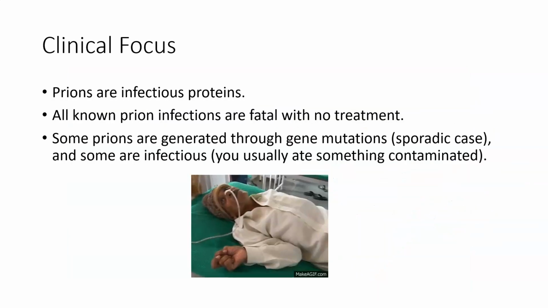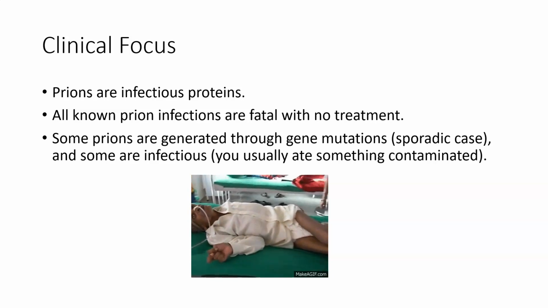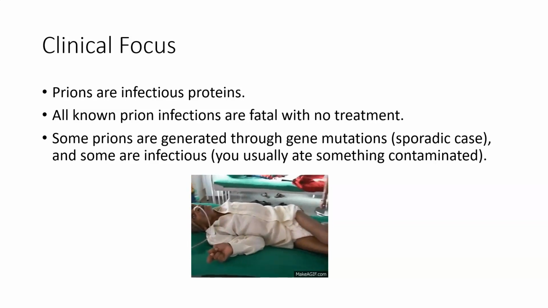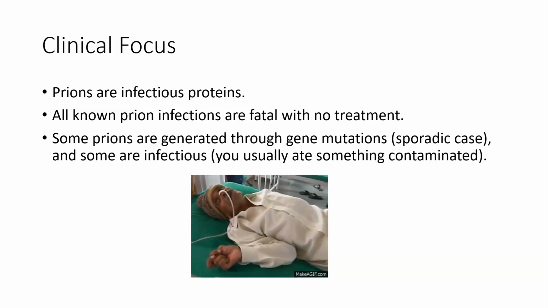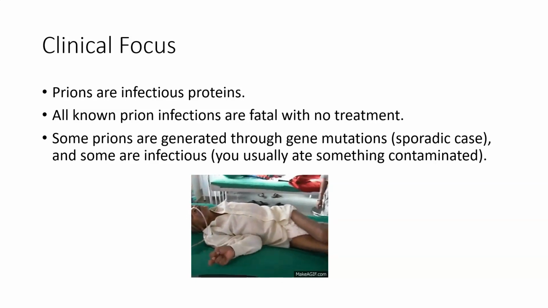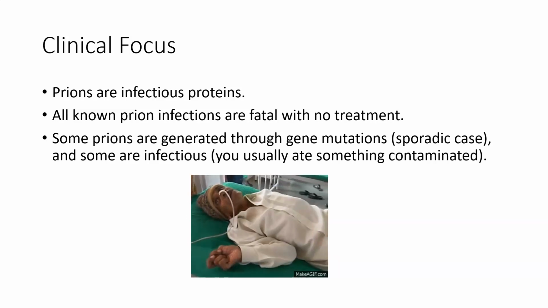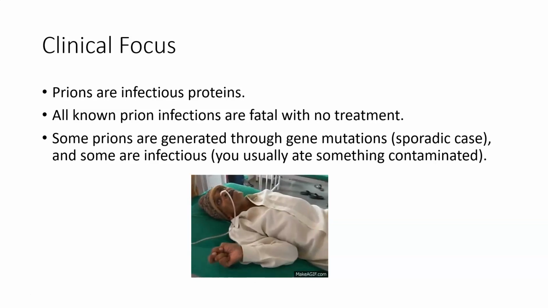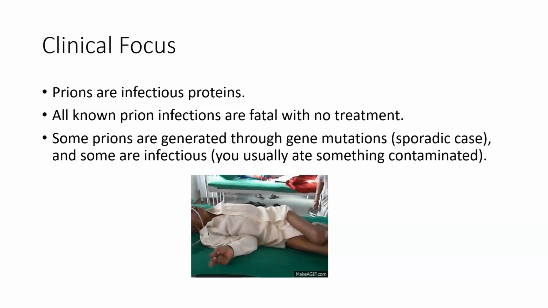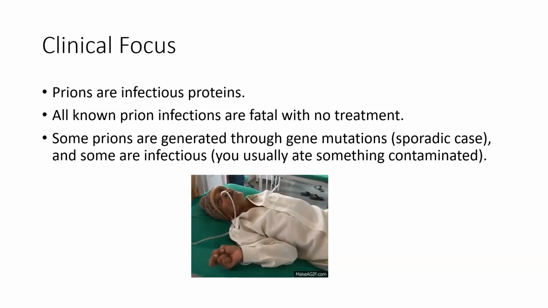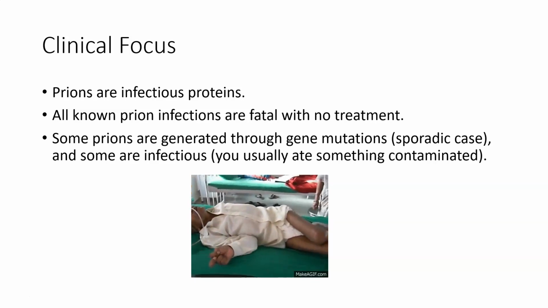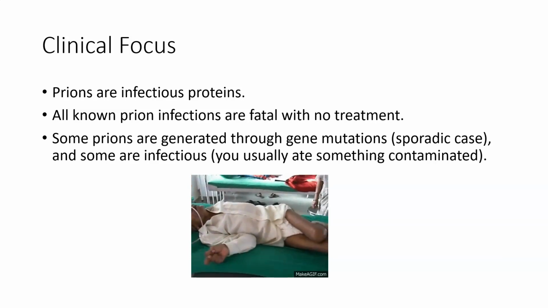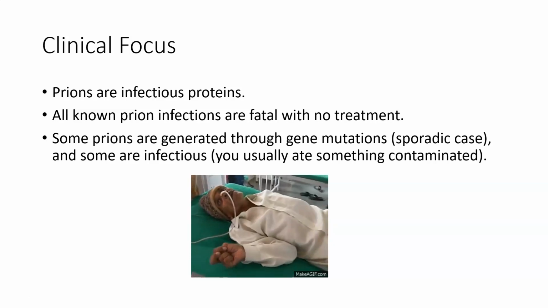One of the complicating factors for prions is you have naturally occurring proteins in your body that, if you happen to inherit a genetic condition, you inherited a prion version of that protein instead of the normal version. So prions can either be infectious or they can be genetic. In the case of the infectious one, again, you usually ate something that was bad. Like there have been cases of Creutzfeldt-Jakob disease that happened because a person ate a cow that had mad cow disease. That cow had the prion. When you ate that cow, you consumed the prion, and then as a result, you ended up with Creutzfeldt-Jakob,